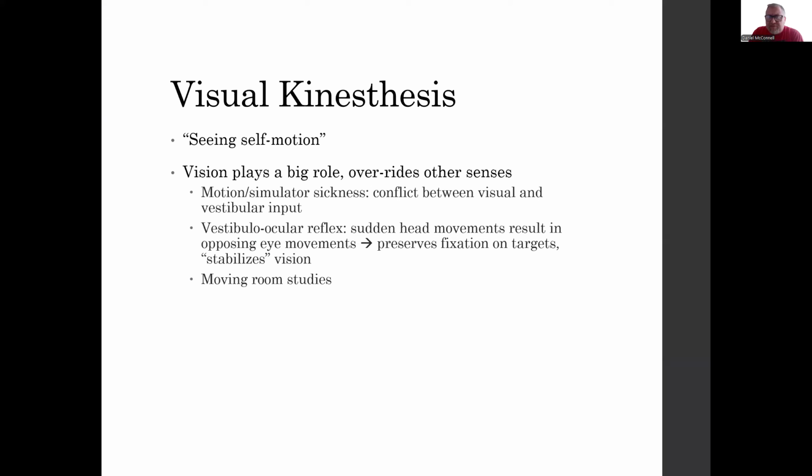Here's another case where we're going to use haptics now to perceive our self-motion. It's also famously referred to in the literature as visual kinesthesis, visual information about your self-movement. So it's important to realize here that when it comes to perceiving your body, vision plays a role. And so vision is part of kinesthesis. And certainly that plays a role when I see my hand moving, or if I'm reaching for something and I can see my hand moving, then I have both visual and kinesthetic information